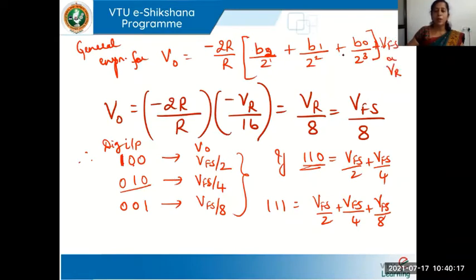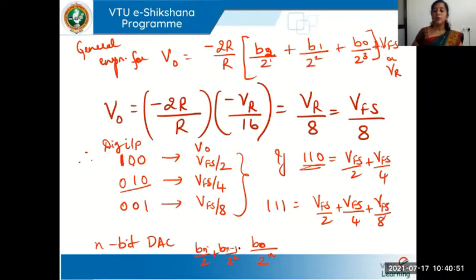If you want, you can modify it to an n-bit DAC. For an n-bit DAC, what happens? The output voltage will consist of the value Bn divided by 2 power n or something like that. The last, for the 3-bit DAC, I'll have B0 by 2 cube. Here I may have B0 by 2 power n. And Bn by 2 plus what else? Bn minus 1 by 2 square, something like that you're going to have.